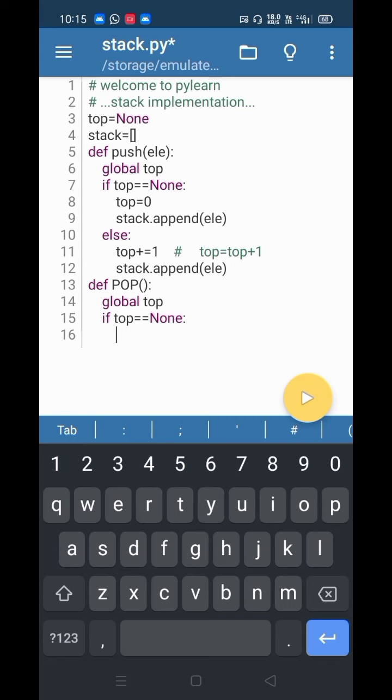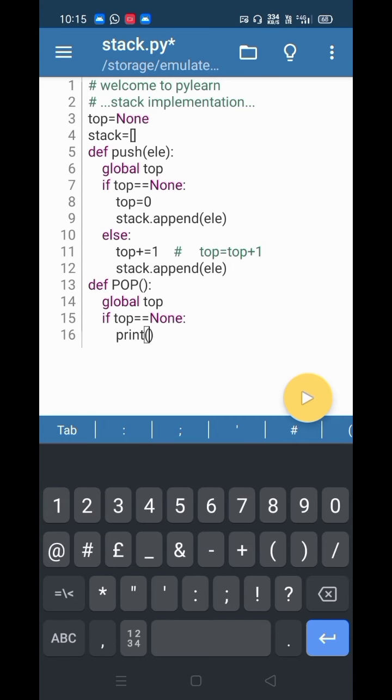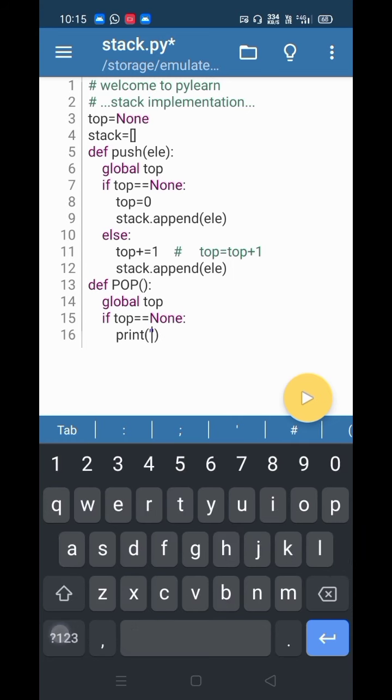While you are popping, if there is no element in the stack, which means when top is equal to None, then we will have to print a correct message to the user that stack underflow, or you can use anything you want. I am printing stack underflow.